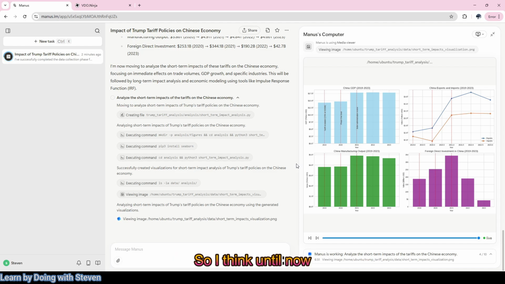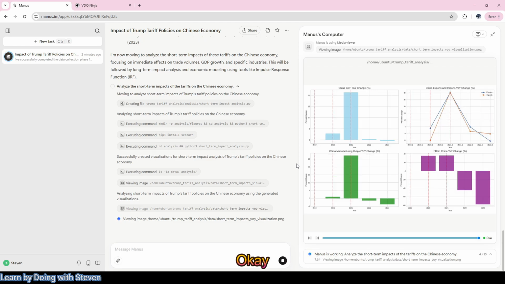So I think until now, the basic data science job is correctly performed. Let's see how it goes to the next step. Okay, now there are additional plots about year-on-year change. One thing I want to add here is that my analytical request is quite general and not considering additional factors